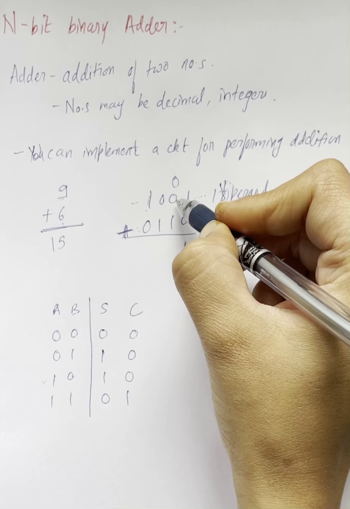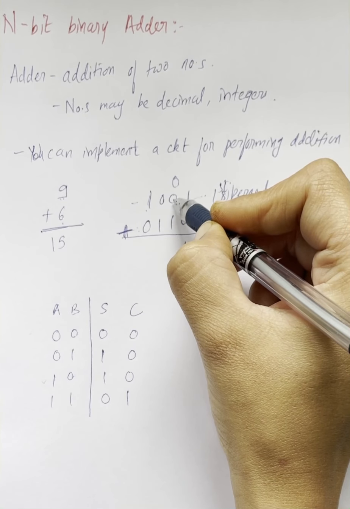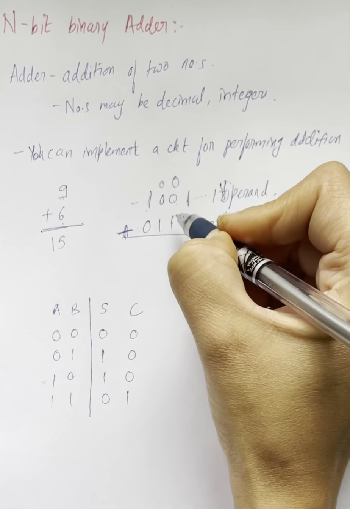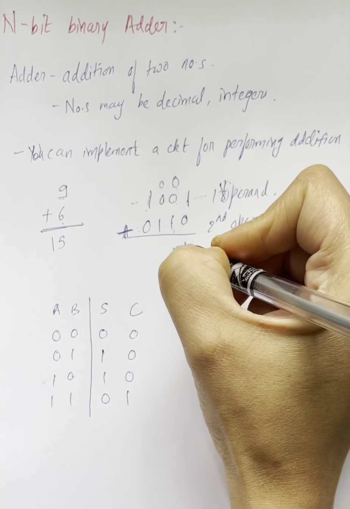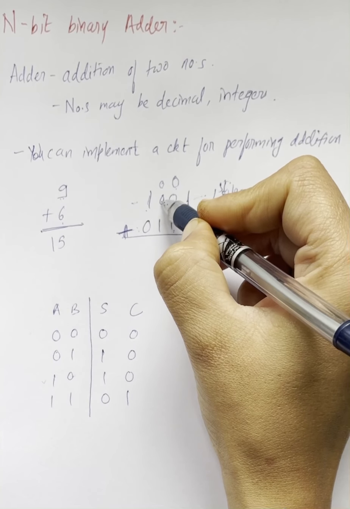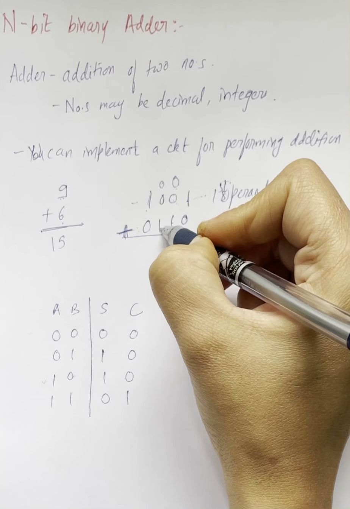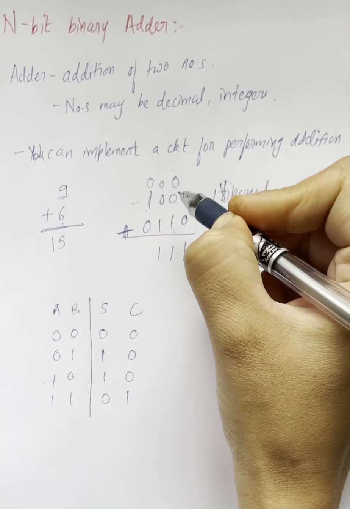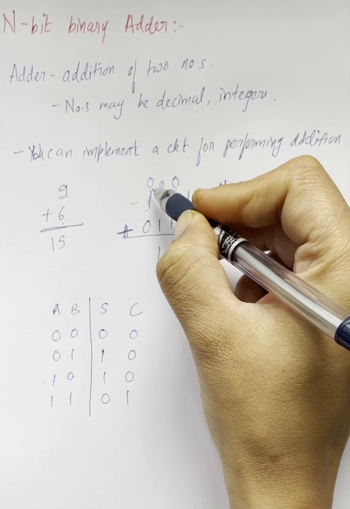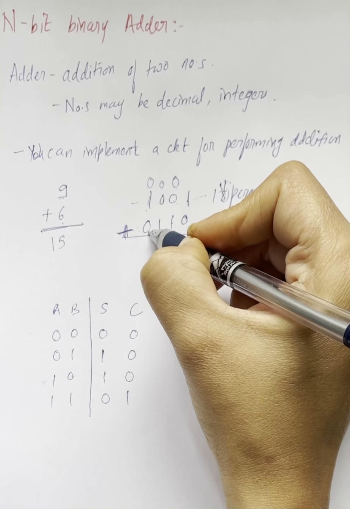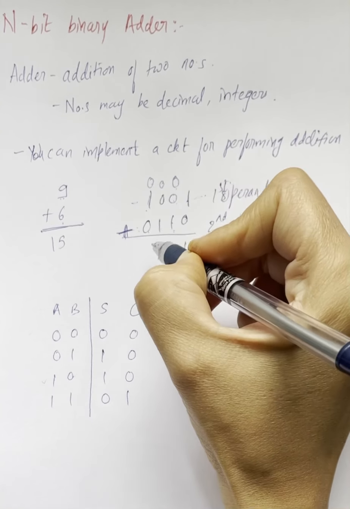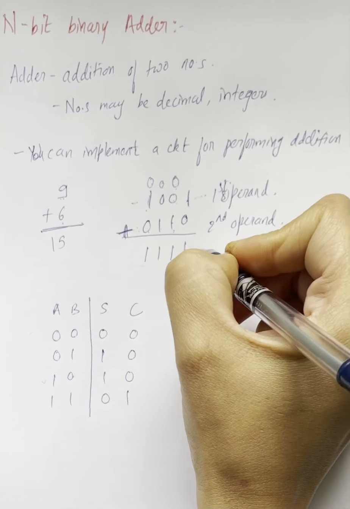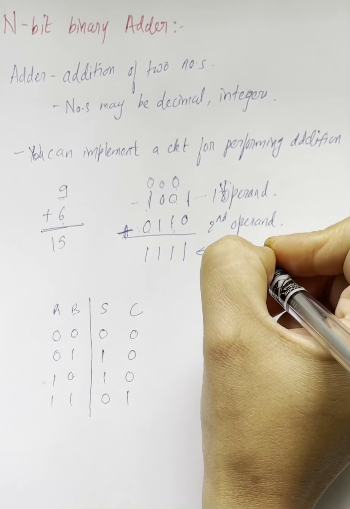Again I'll perform the addition operation. 0 plus 1 is sum 1 carry 0, the carry will be 0 but the sum is 1. 1 plus 0 is again 1, right? Now again I'll perform the operation. 0 plus 1 is sum 1 carry 0, plus here there is 0, so it will remain as it is, sum 1 carry 0, right? Now next is what? 1 plus 0 is sum 1 carry 0 as well, plus there is 0, so 1 will remain there. And if I convert this number into decimal, then that is the decimal 15, right?